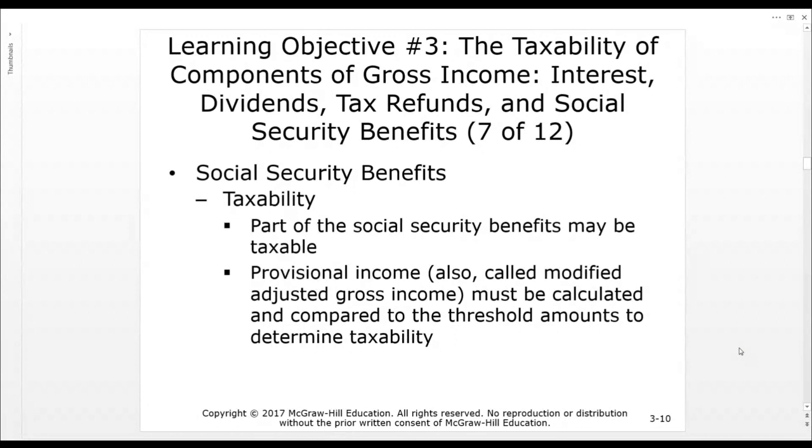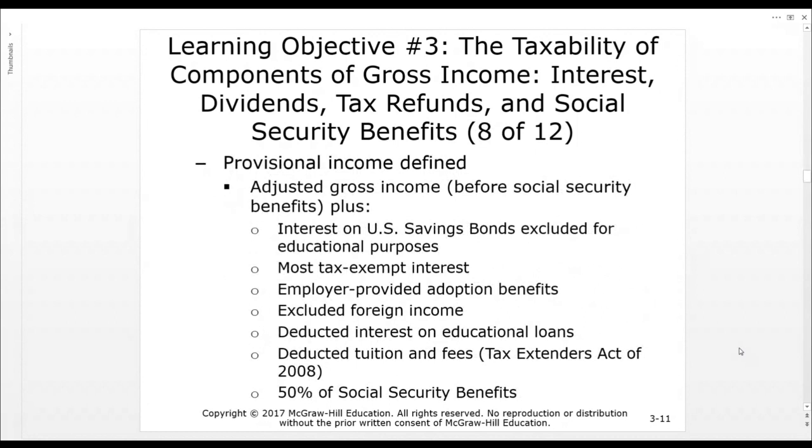So it's also called provisional income, right? It must be calculated and compared to the threshold amounts to determine taxability. If you only have Social Security income, they won't tax it. But if you have Social Security income and other income, then they start taxing the Social Security you're receiving. That's the bad part. Provisional income includes adjusted gross income before Social Security plus interest on bonds, tax exempt interest, employer provided adoption benefits,